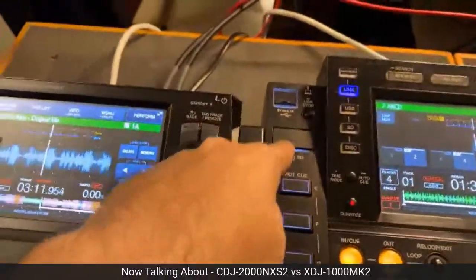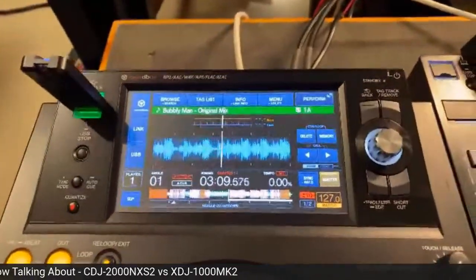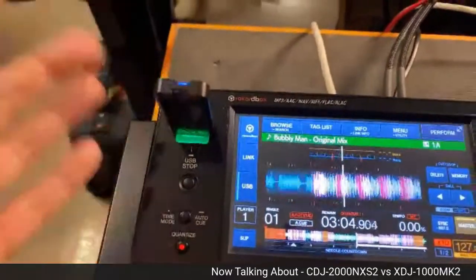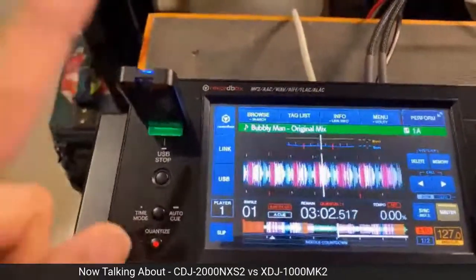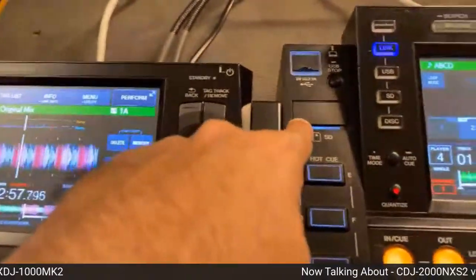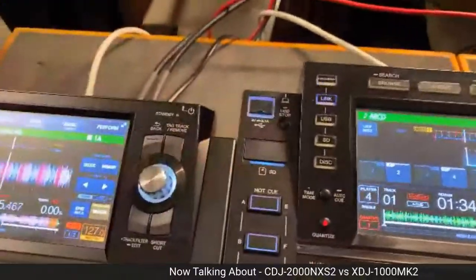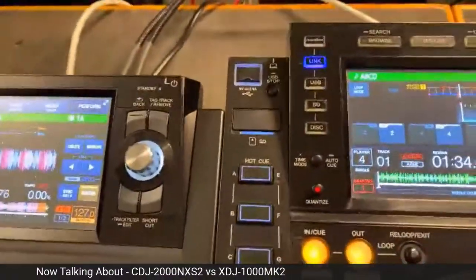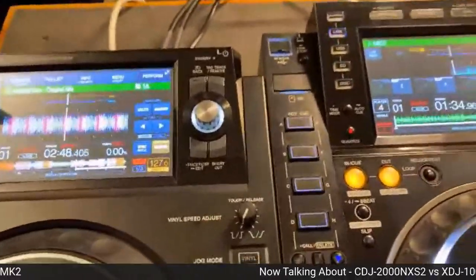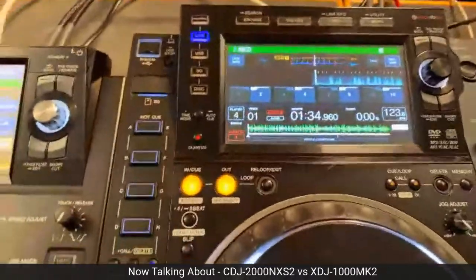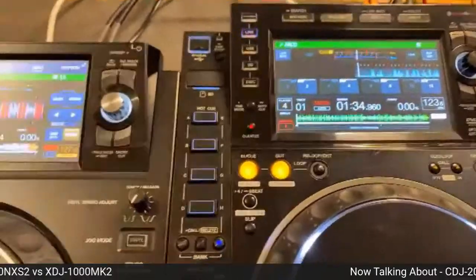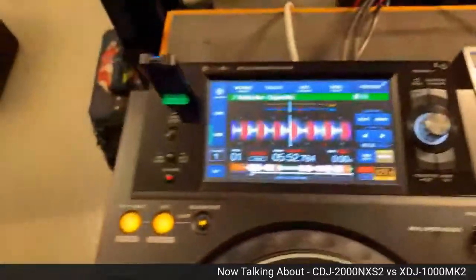Another thing is, most of the time in my gigs, I used to forget the SD card in the player itself initially. Yeah, that's happened as well. But if I have to transfer, let's say, one playlist with 100 tracks on this drive, it'll take me maybe 20 seconds. But if I have to transfer the same playlist onto an SD card, I can actually go have a shower and come back and still be transferring, even on the fastest SD cards. So that's something you have to keep in mind, the difference between the two. But like I said, a lot of people are using USBs. So this is a fantastic product.